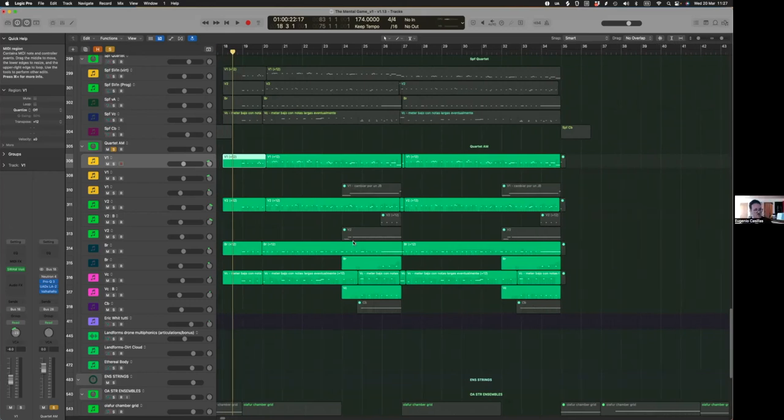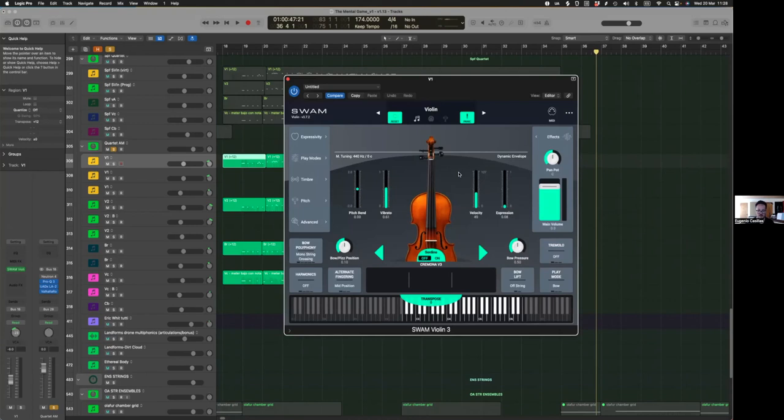Can you show us that in practice with one of these violins? Yeah, of course. I mean, this is the violin. Right now I have the expression, I'm gonna open the interface so you can see. Okay, so my expression pedal, let me flip it over. Here it is. So with my foot, I'm controlling the expression, and that accounts for